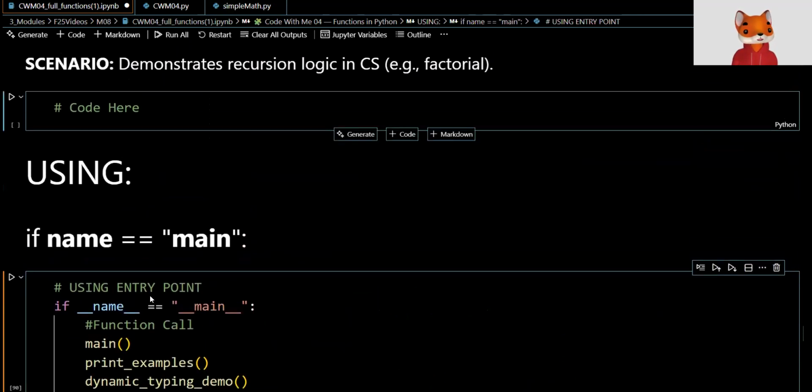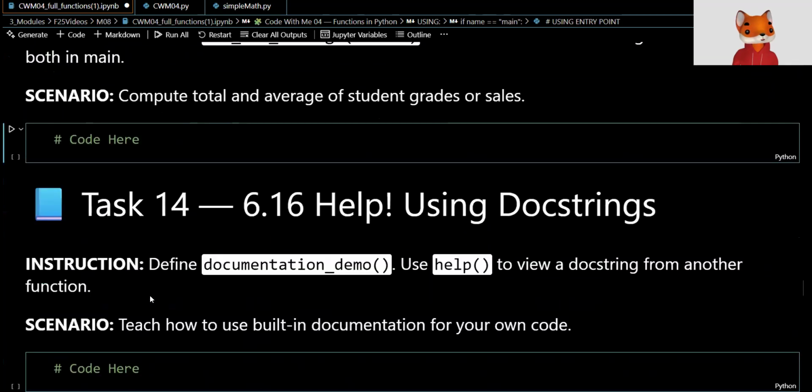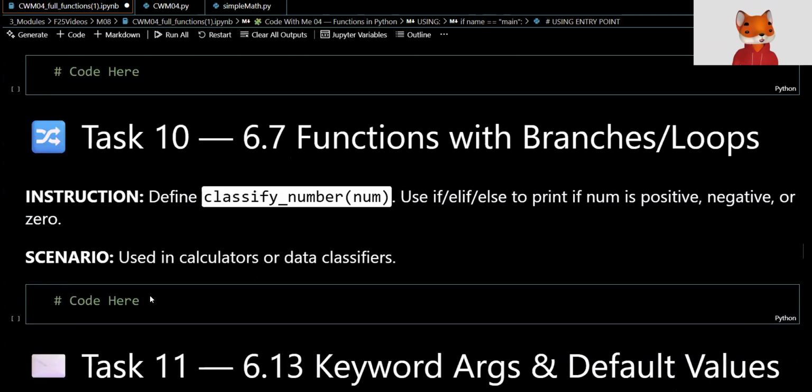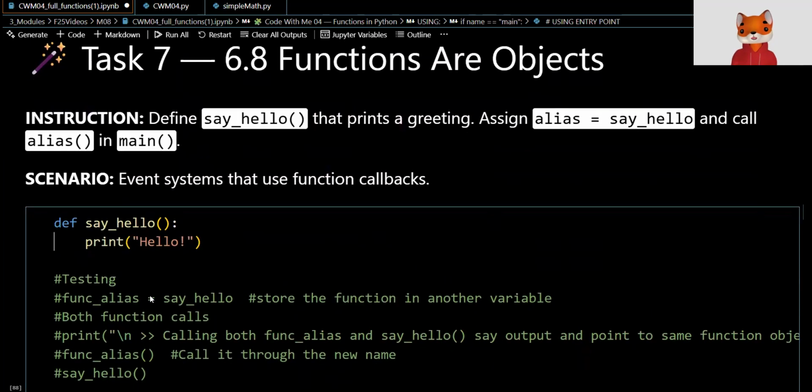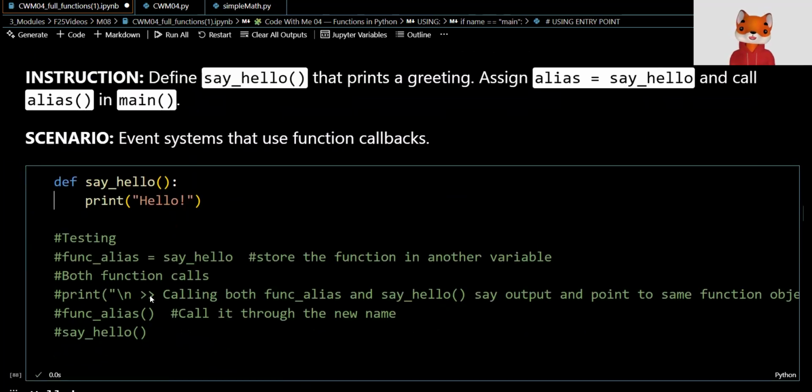So now we have completed task number 7, where we're actually looking at functions as objects. So now the next thing we're actually going to be looking at is